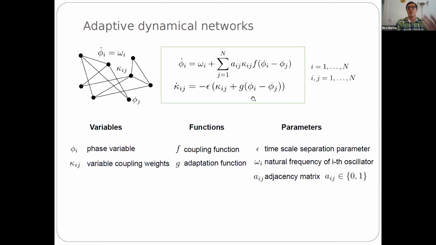On top of that, because we are talking about adaptive networks, we also have changes of the dynamical variable, the coupling weight, according to the dynamics of the phase oscillators. This is given quite generally by this equation: a linear filter term in the beginning, and then something we call the adaptation function, given by G. So this is our adaptive network setup. Okay, now we switch over to the power grids.